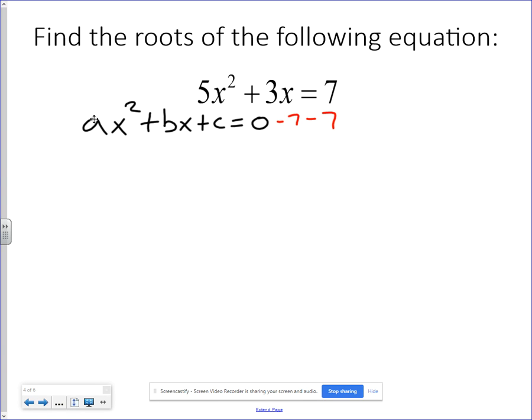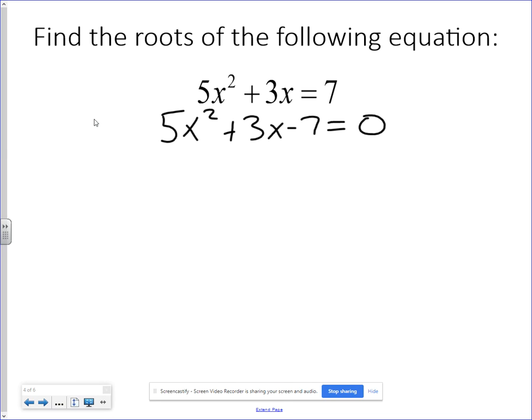So after we do that, we end up with the equation 5x squared plus 3x minus 7 equals 0. And now we can find a, b, and c as we did before. So if we look at our x squared term, we have a equals 5. If we look at our x